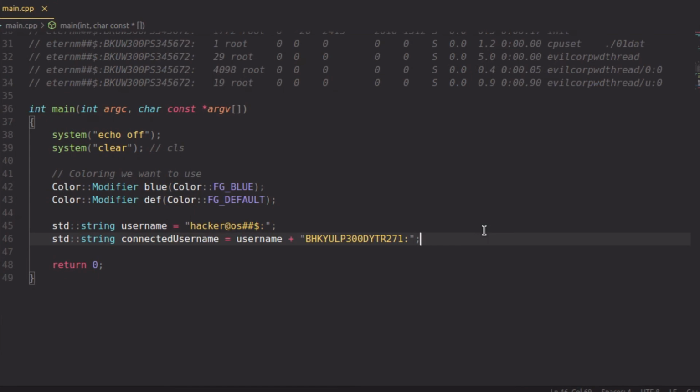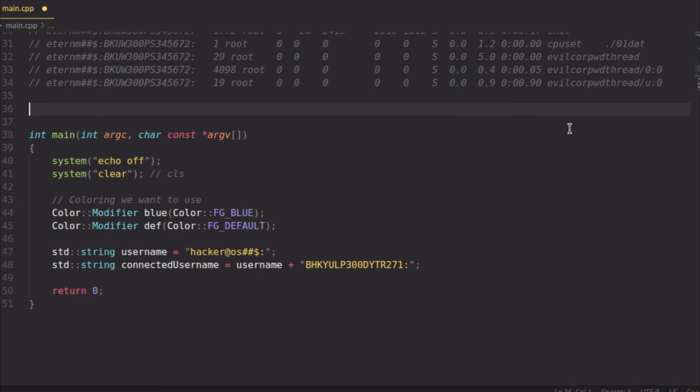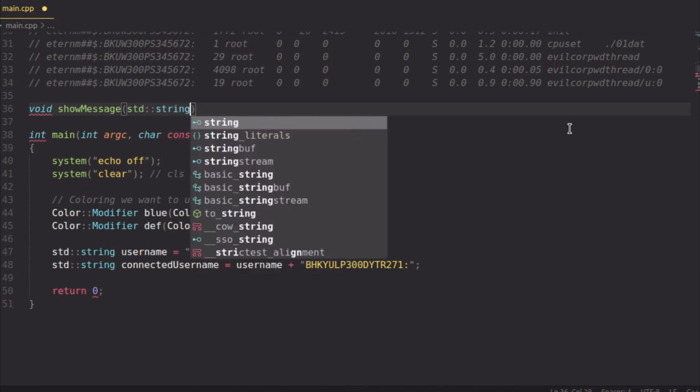So first thing I want to do is create something that will display a message. So we need to create a method. Go here right above main, and we can say void show message. You can call it whatever you want. I'm going to call it show message because it's cool. Then we can go std string for the username